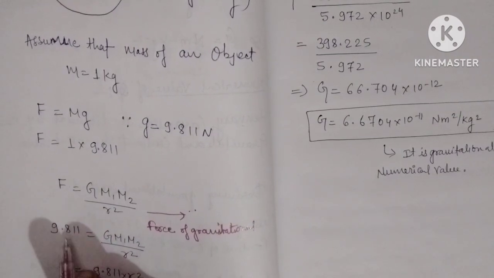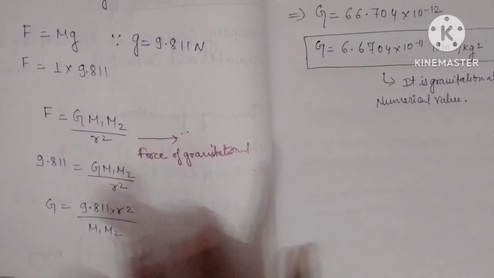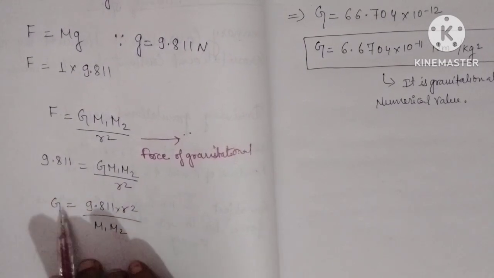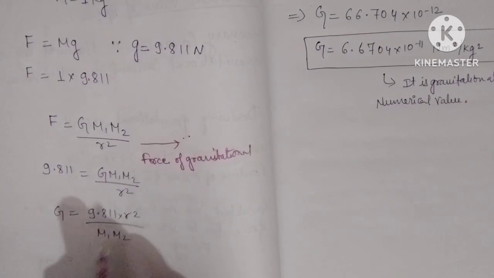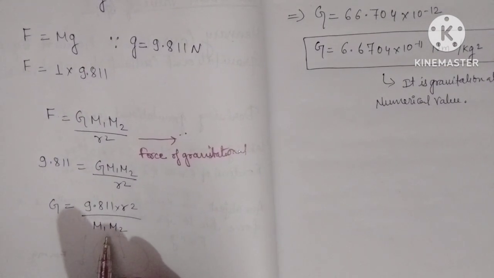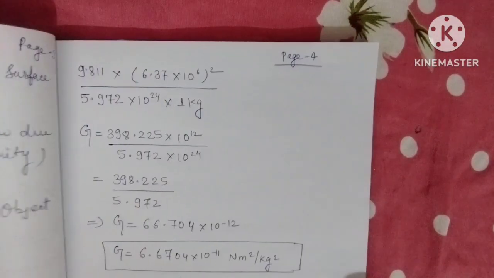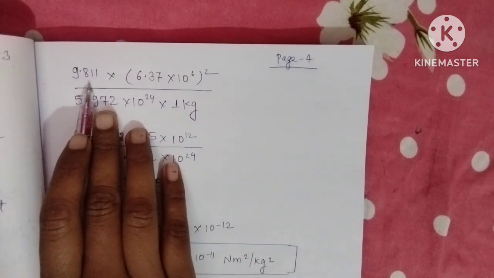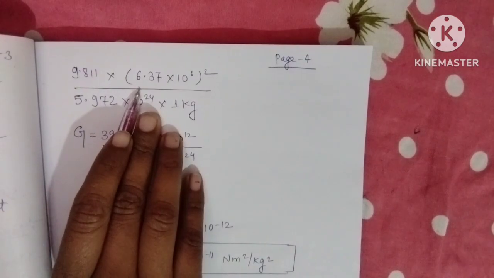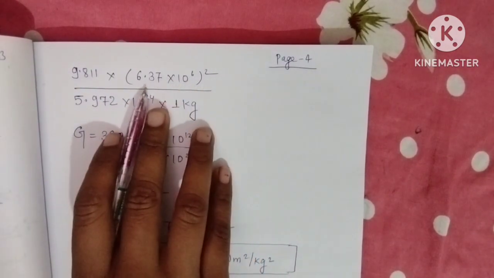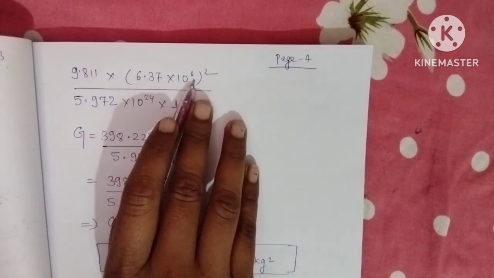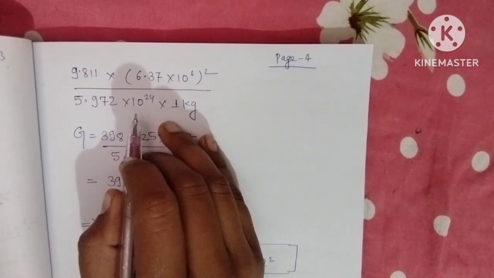9.811 is equal to G m1 m2 by r square. G is equal to 9.811 into r square by m1 m2. So for the numerical value, on simplification, 9.811 into r square, the radius of Earth, 6.37 into 10 to the power 6, into whole square,